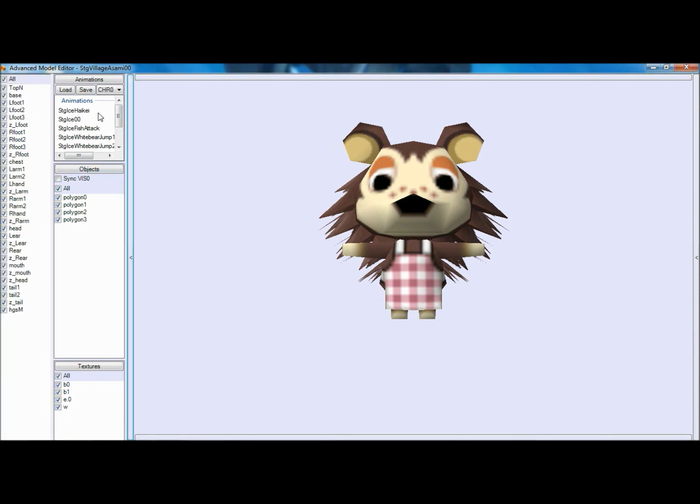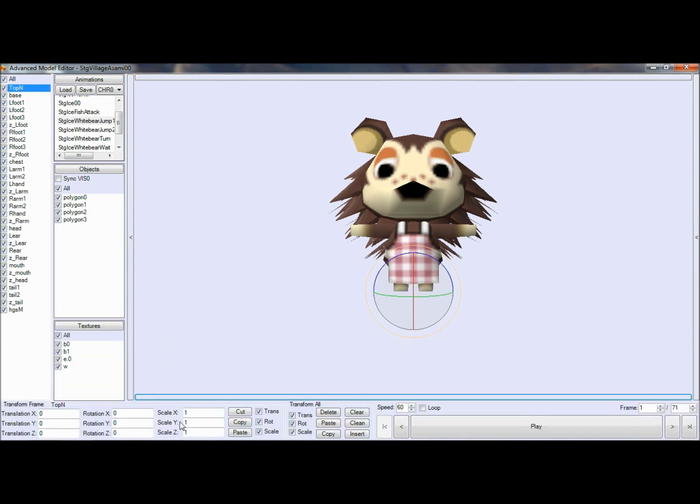And open up this and select an animation. Preferably an animation that was for the polar bear, like STGI Swipe Air Jump 1. Just click it. Select the top end of your model. Go down